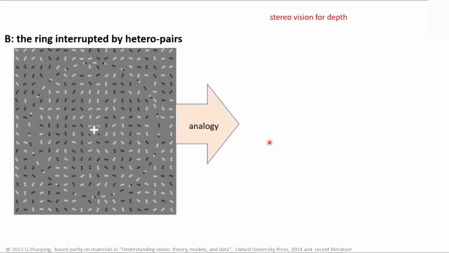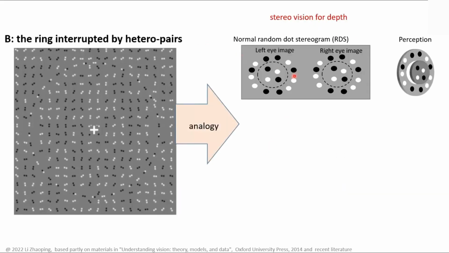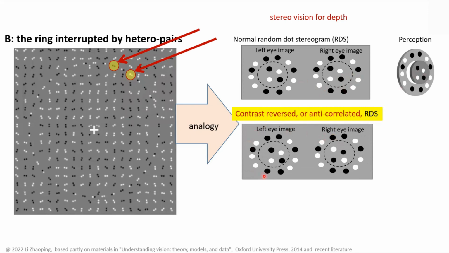And you can do it in analogy with stereo vision. Here you have two eyes rather than two time slices. And here you can have a pair of black dots. This is equivalent to that. A pair of white dots is equivalent to that. And if you have a particular binocular disparity, it will make you see this central disk is in front of a ring. That's the binocular disparity. Now let's do an analogy where a white dot in one eye corresponds to a black dot in the other eye. It will correspond to these